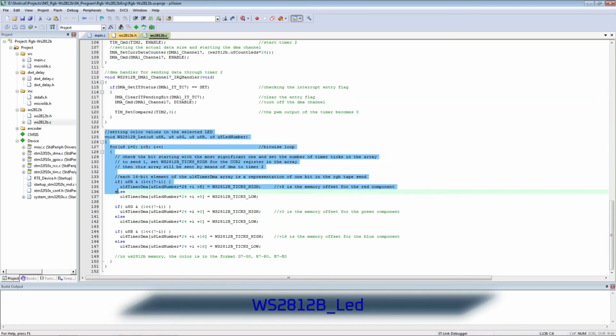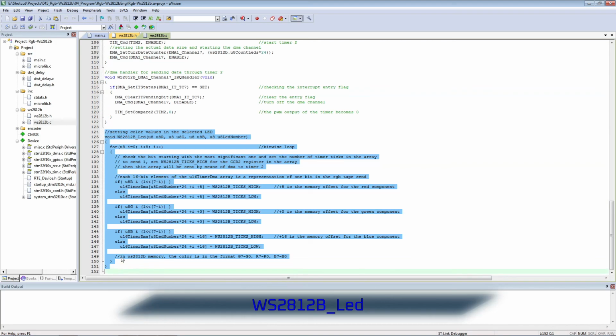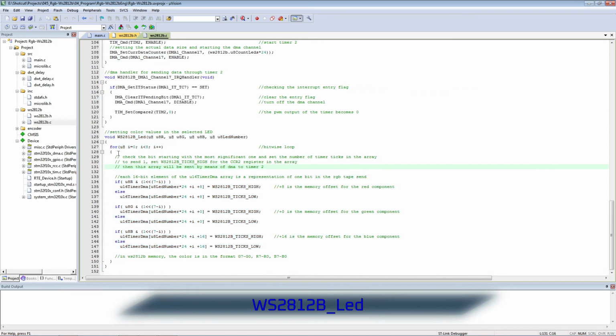The function to adjust the color of an individual LED checks every bit, every color component for that LED. If a color bit is 1, then it is necessary to transmit the coded 1 to the smart LED. The coding method is applied on the basis of durations. Coded 0 is a short logical one. Coded 1 is a long logical one. At the same time, we have the same period.